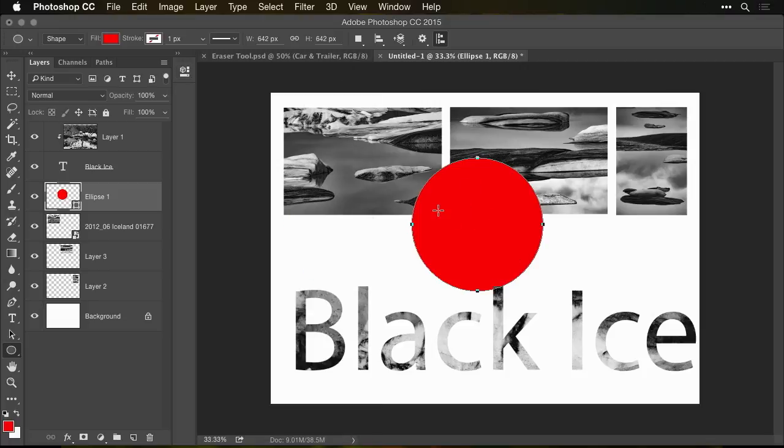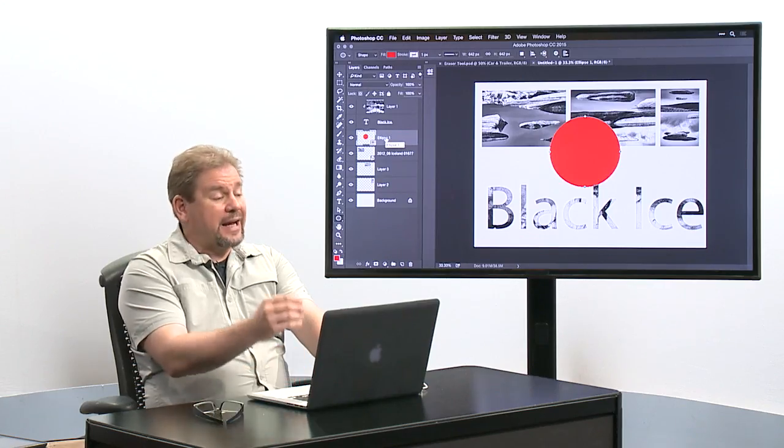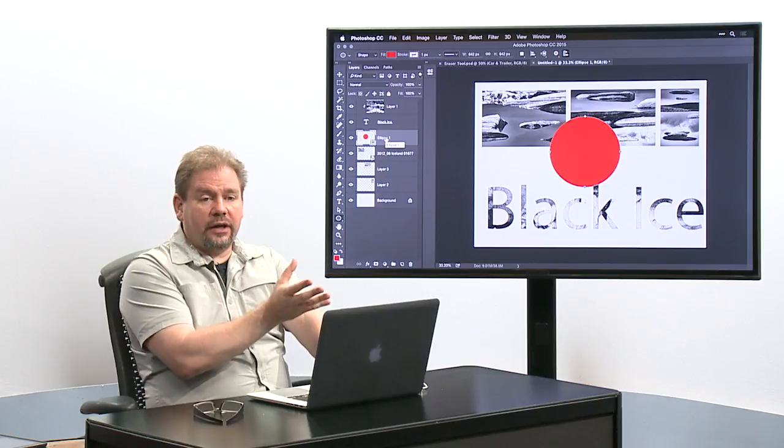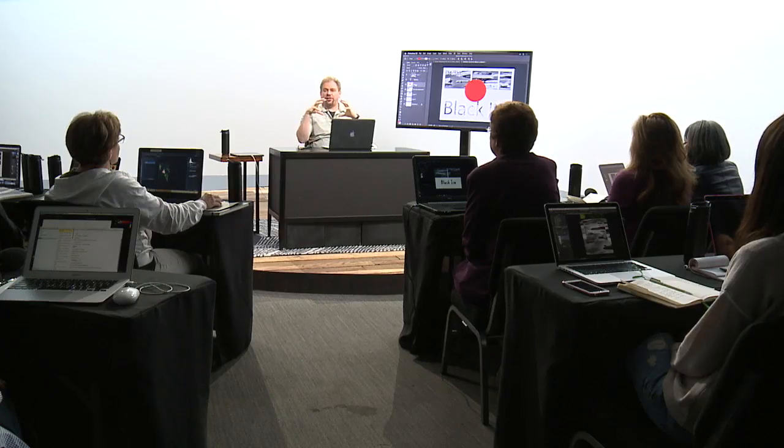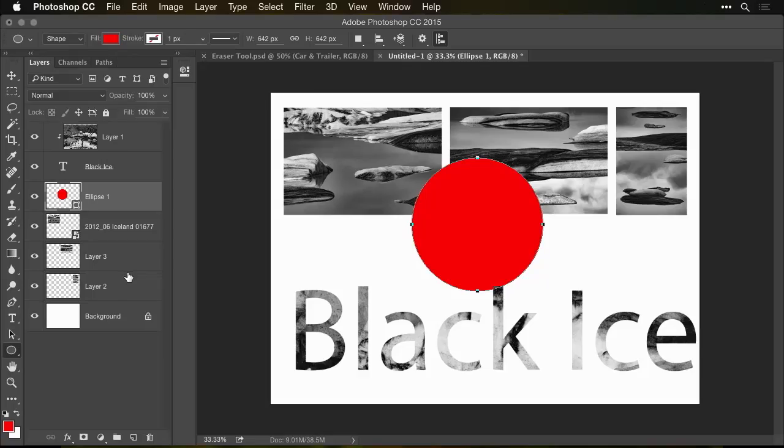Now, what if I want to paint and I want to add shading to that particular shape? I want to make a highlight on it. I want to make shadow on it so that instead of looking like a flat piece, it looks like a three-dimensional ball. Well, first off, I might want to put that paint on its own layer,